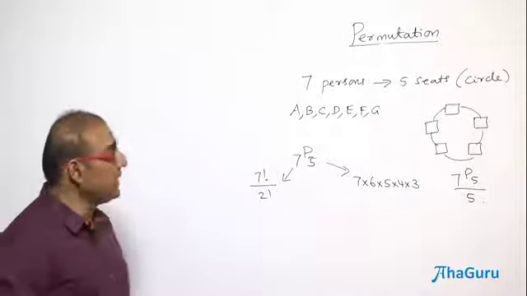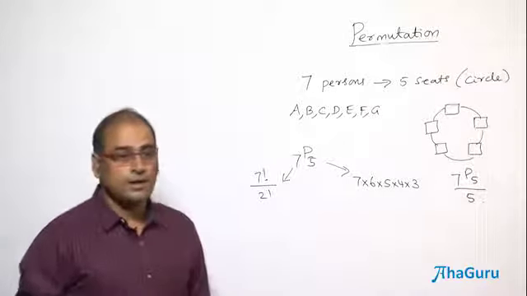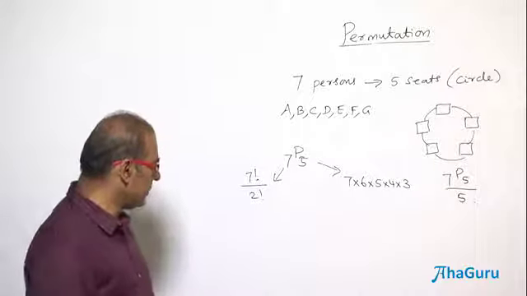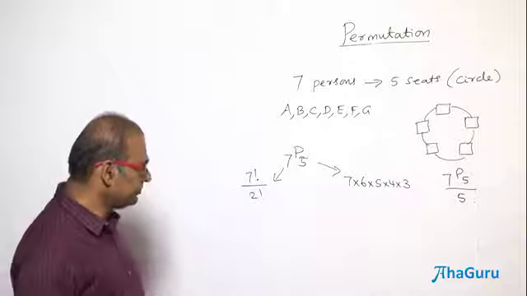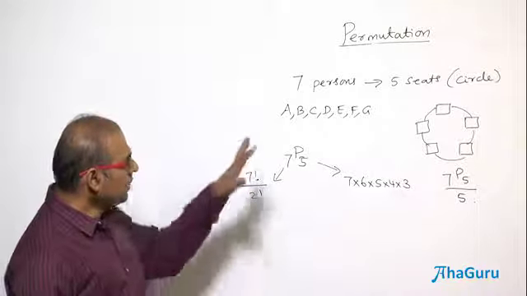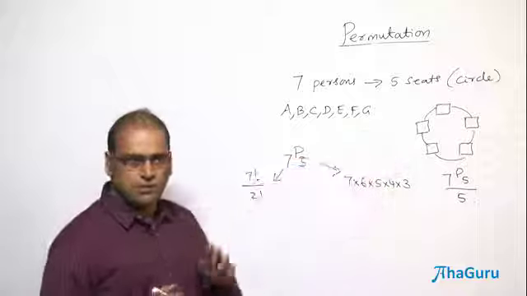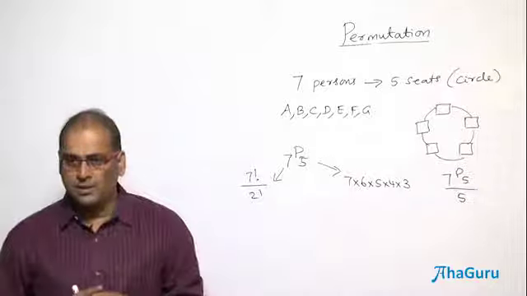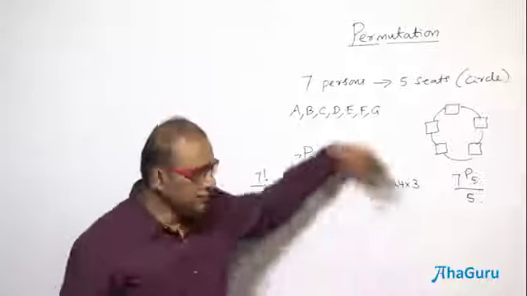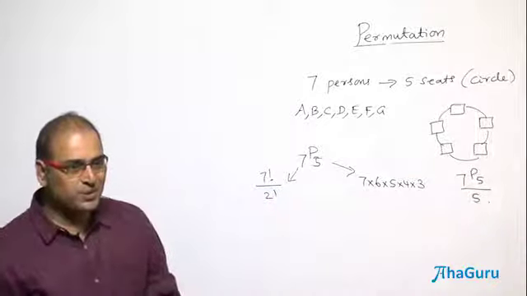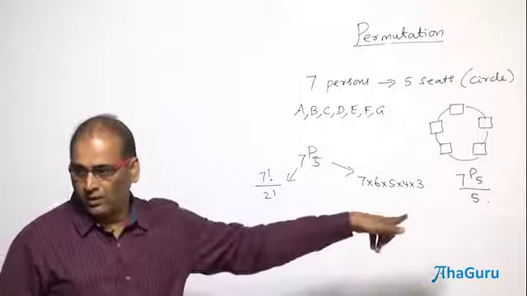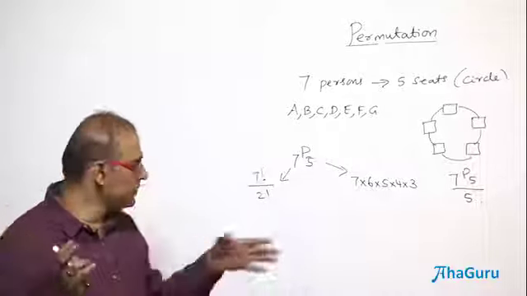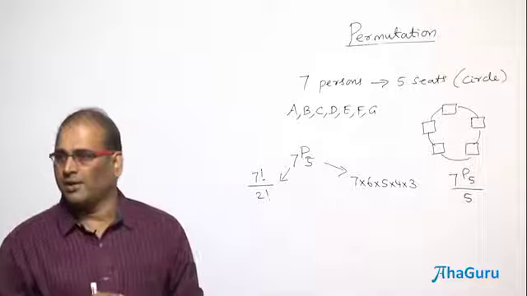So what is the general formula then? N persons and R seats: NPR by R. So I am going to tell you some interesting idea. We have 2 routes in which we can look at this 5 seat circular arrangement occupied by 7 persons. One is, you see the linear, then how many linears will reduce to circular. So that route we took, correct? I am going to take another route, but if I take another theoretical route, the result should be the same. Are you able to understand?